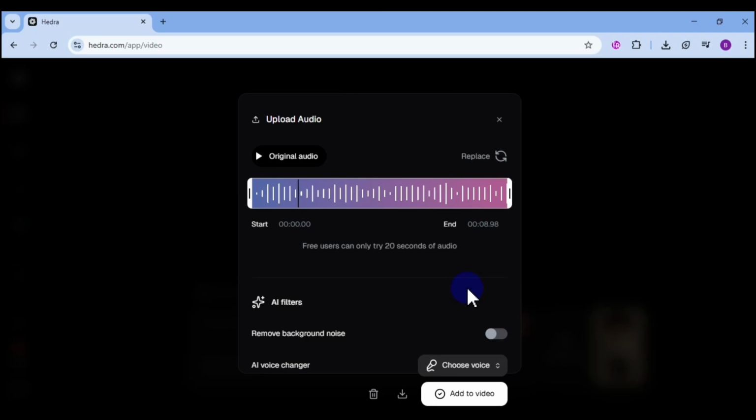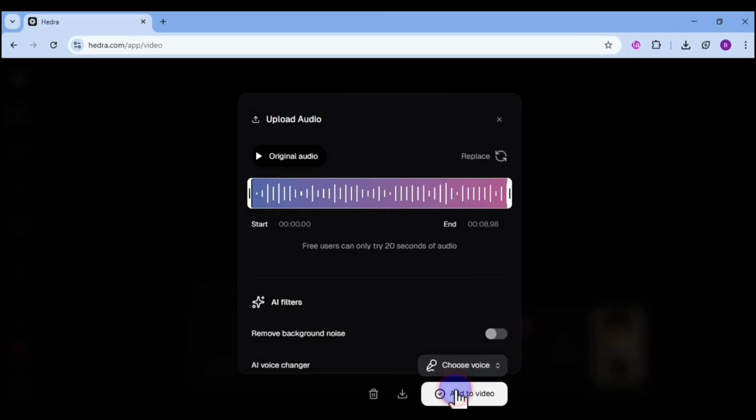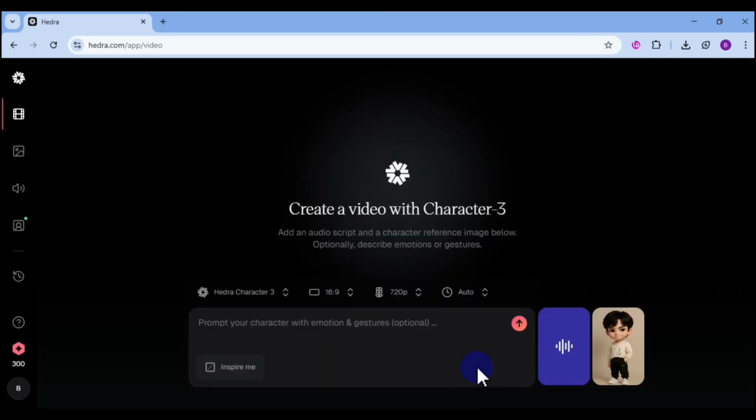And here you can also add an AI filter to your music, like remove background noise or just use an AI voice changer. I just tap on choose voice and then just choose your voice that you like. And next, to make the character look more alive, you can add an optional prompt that describes the